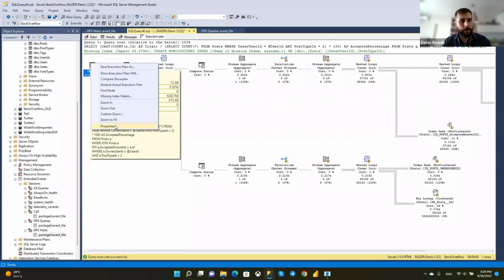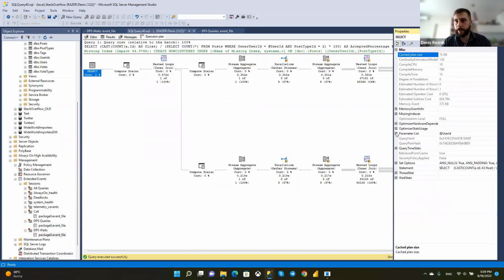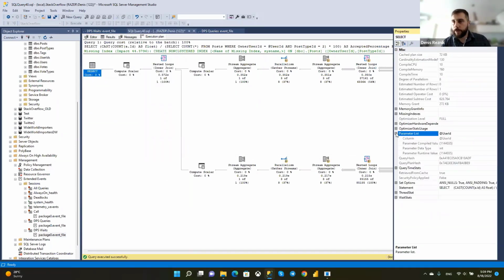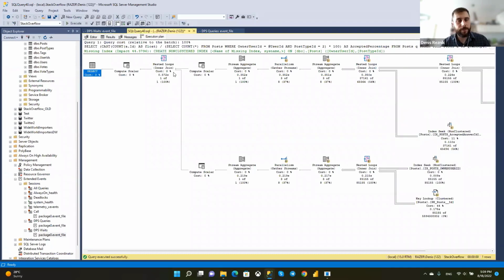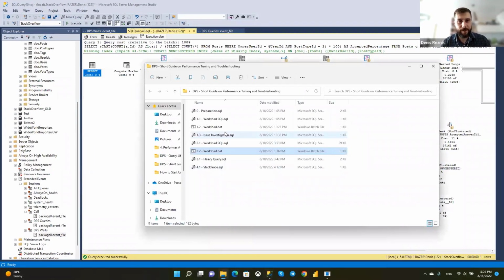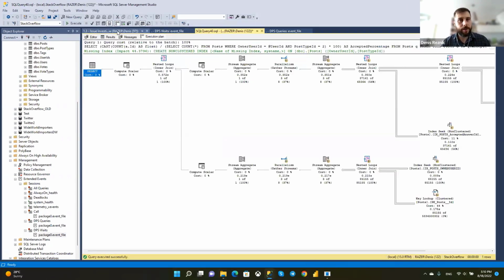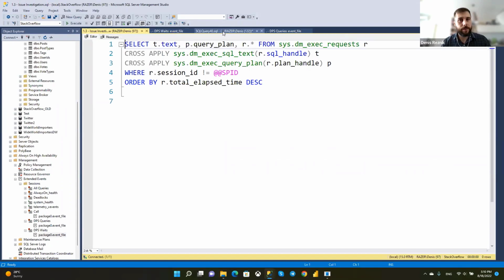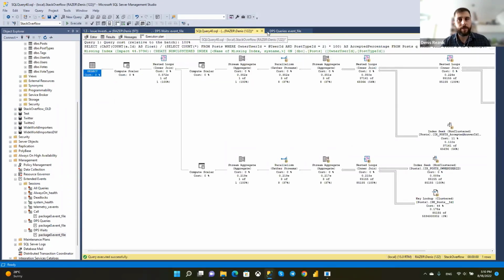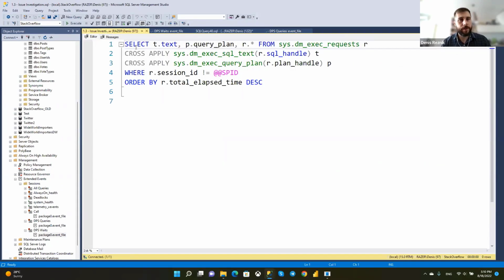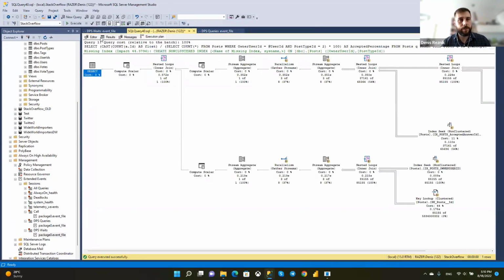one more parameter here. If I go to the parameter list, that's not what I expect, honestly. Okay. What happened now?